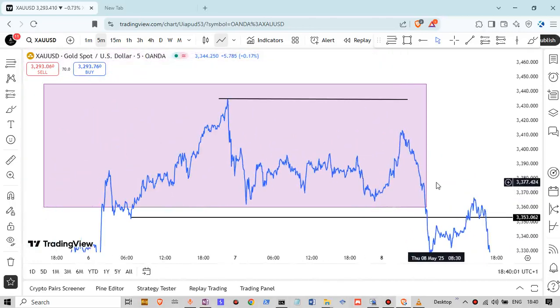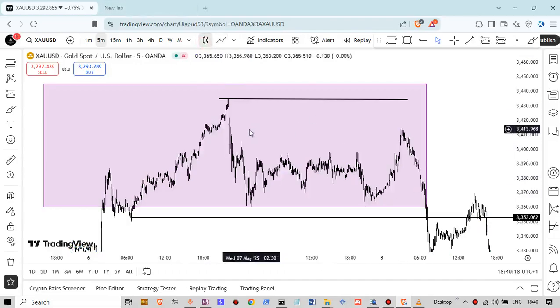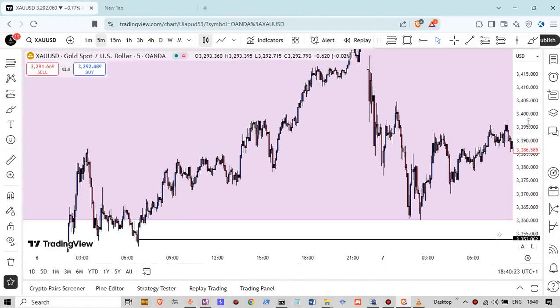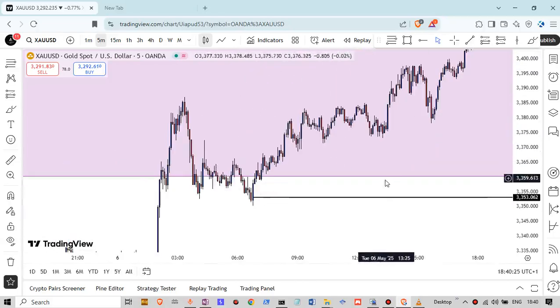Okay, I'm not talking about entry now. I'm just trying to let you know how to spot market structure. I will make a lot of videos to explain all these things in bits. For the candle, let's look at the candle chart. I'm not going to take it in candle form. You can see what it looks like.